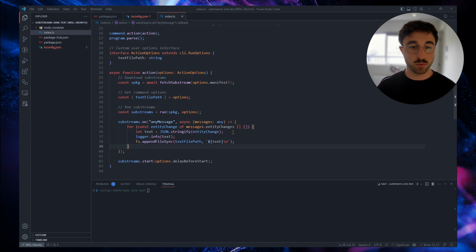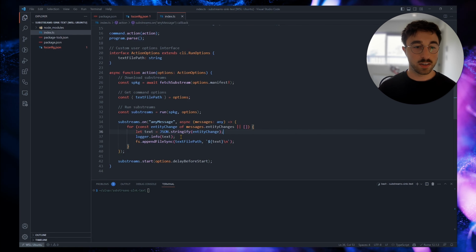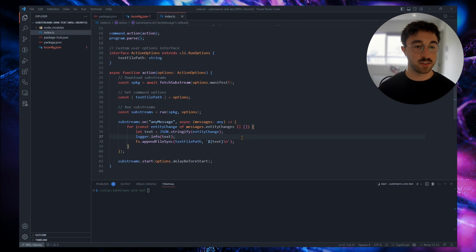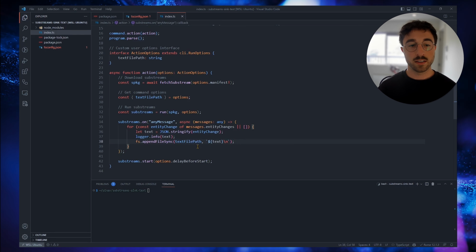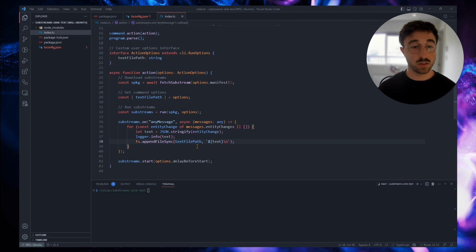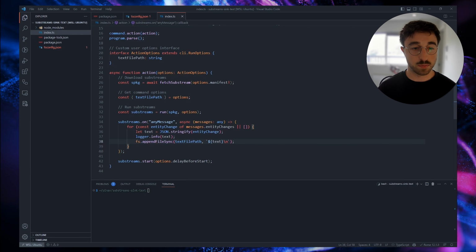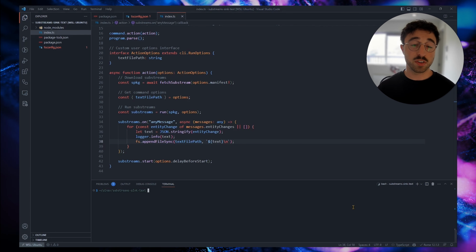Here we run JSON stringify on the data coming from the substream. Here we are just logging the text that will be added to the text file. And here finally we are adding the text to the text file using our text file path from our command line option.